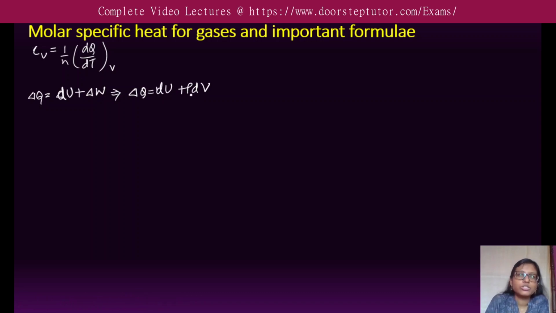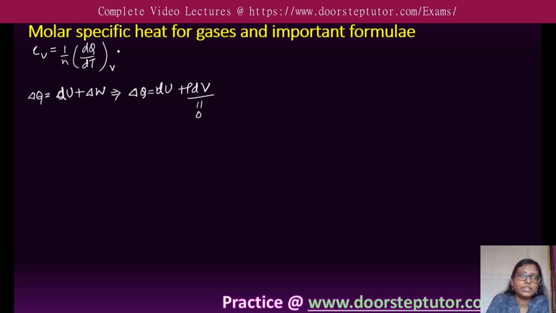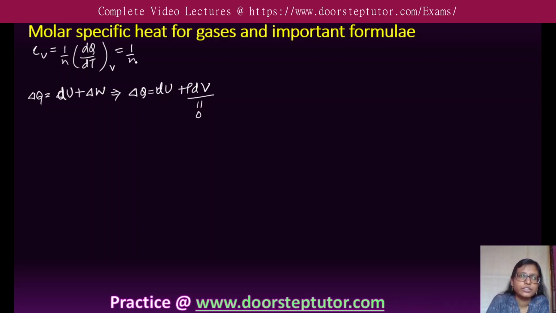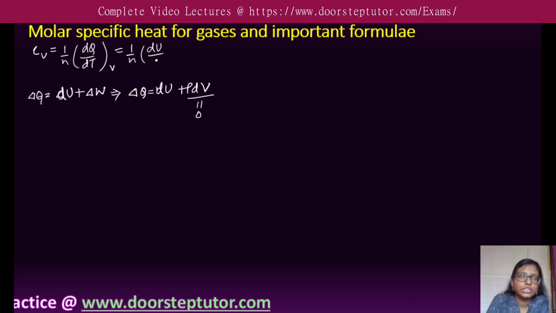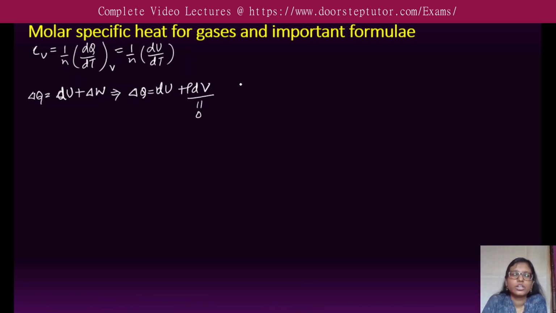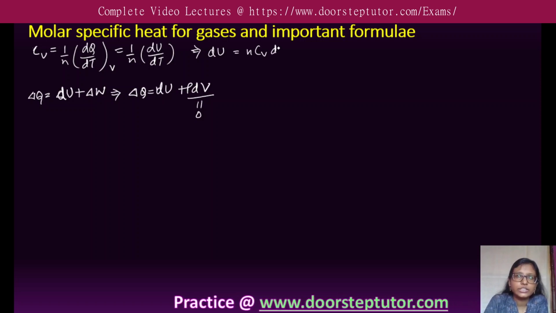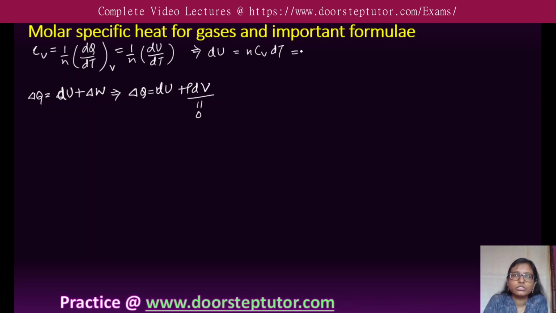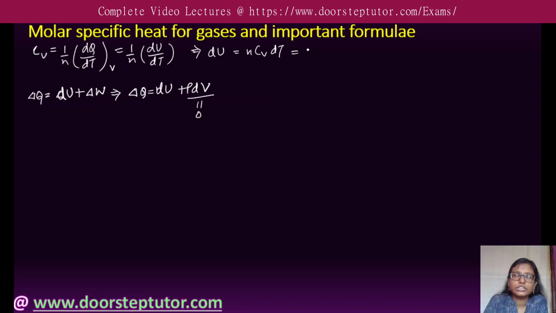Okay, now for constant volume, dV will be 0, so this term will be 0. So from here we can write this is equal to dU upon dT. Okay, so next, this implies that internal energy is equal to nCv dT, and also we have seen that internal energy is equal to,